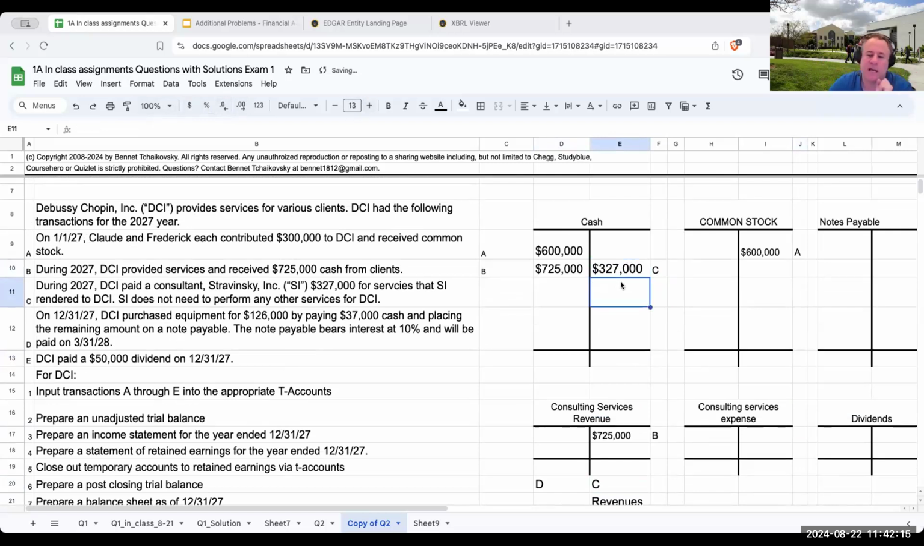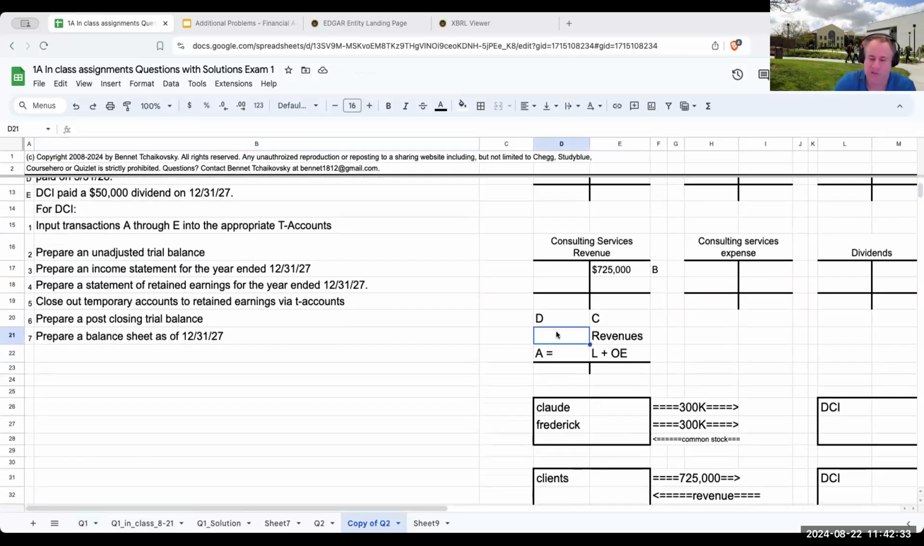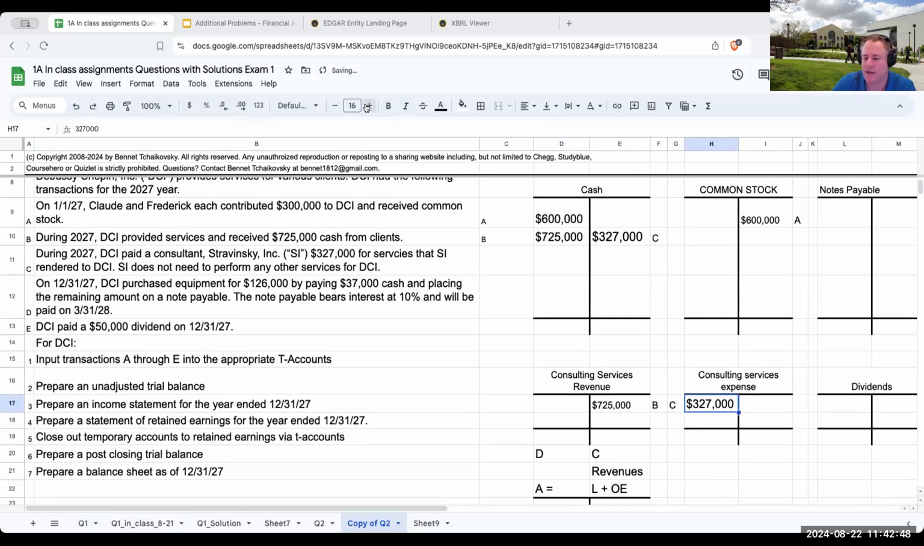Okay, so I've got a credit to cash for $327,000, but for every credit, I also need a debit. And this is not going to be a prepaid expense because Stravinsky has already rendered all of the services. So what we're going to do is record an expense. And this is basically our cost of doing business. So we're going to debit consulting services expense for $327,000. So right over here, we're debiting consulting services expense for $327,000, and we are crediting